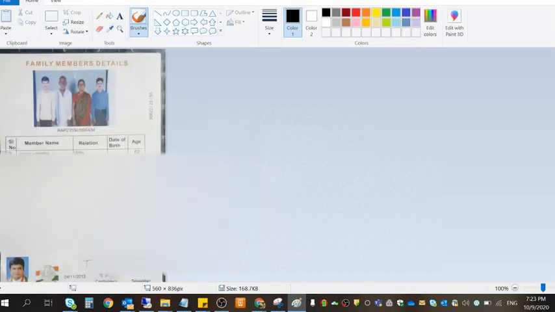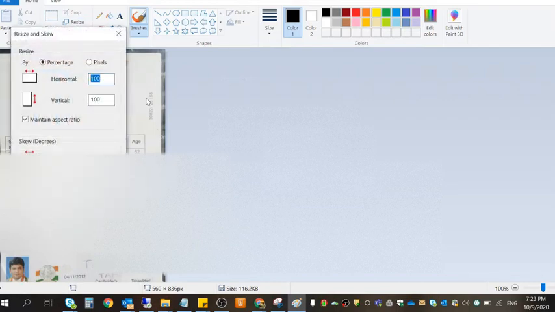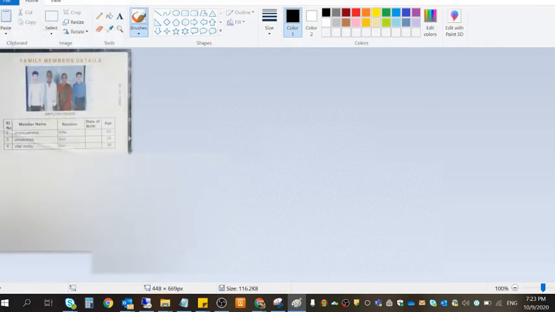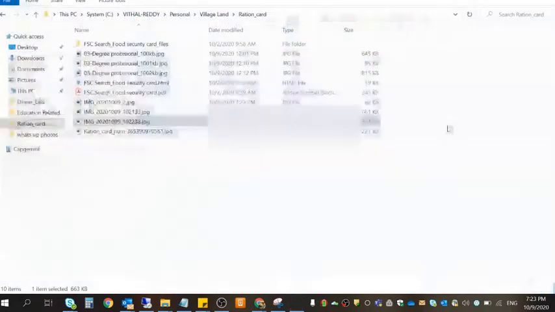Click on save, 116. Now again I will change it to 80. Click on save. Now it's 81 KB, right? It comes under 100. So now I have saved it and am closing it.